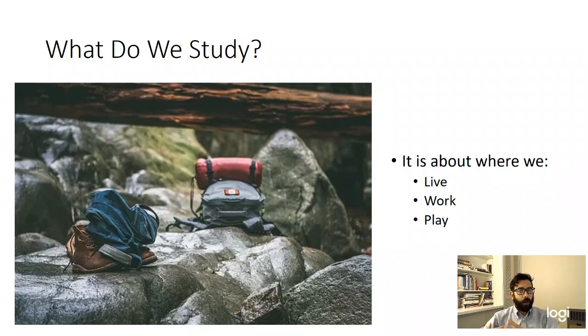So we're trying to study all aspects of the environment, be it very small scale micro to large scale macro, from the local to the global. It's not just individual actions. It's societal actions even, and group actions.